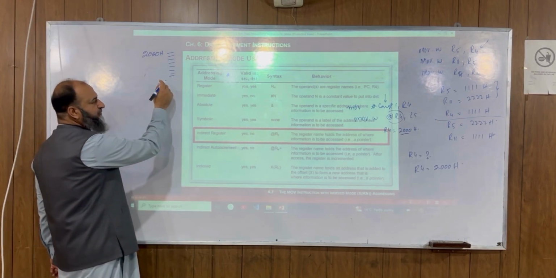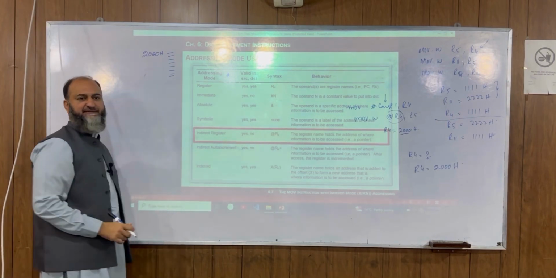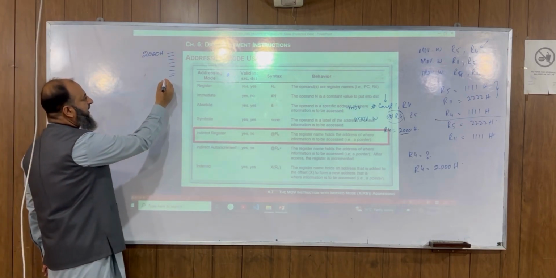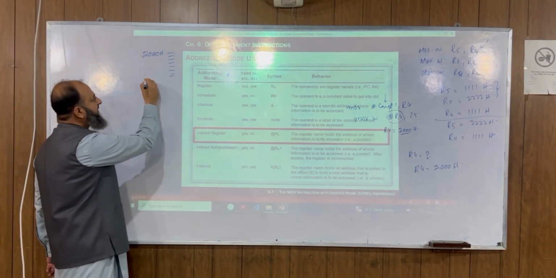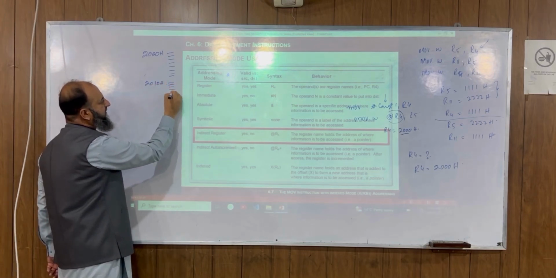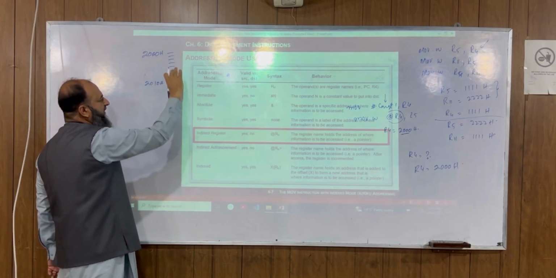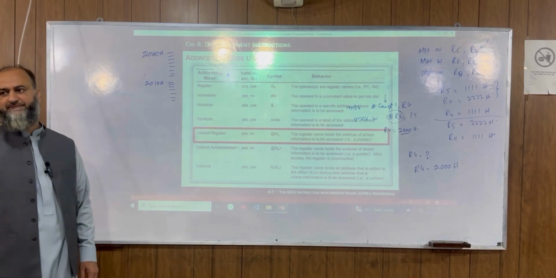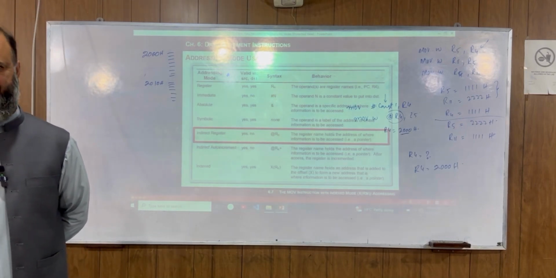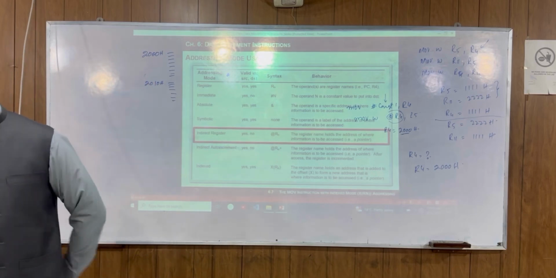And we want to copy this data. After the 16 bytes, at the 2010 hex location, I am going to store all these 16 bytes over here. I want to copy the data from upper to lower.